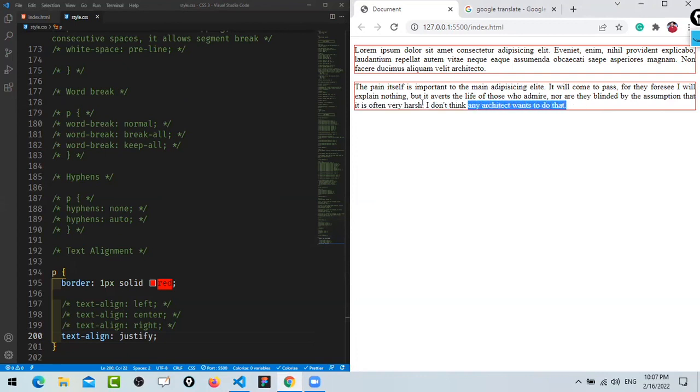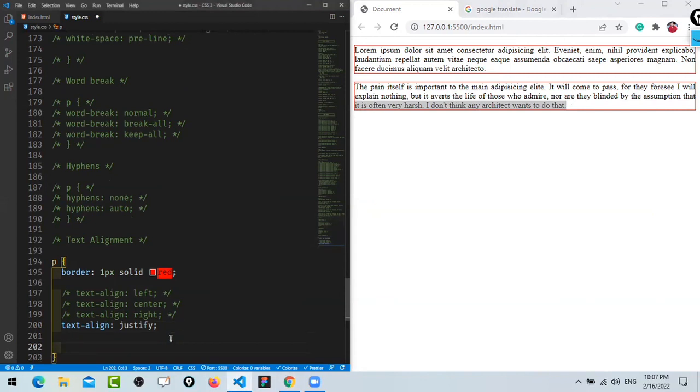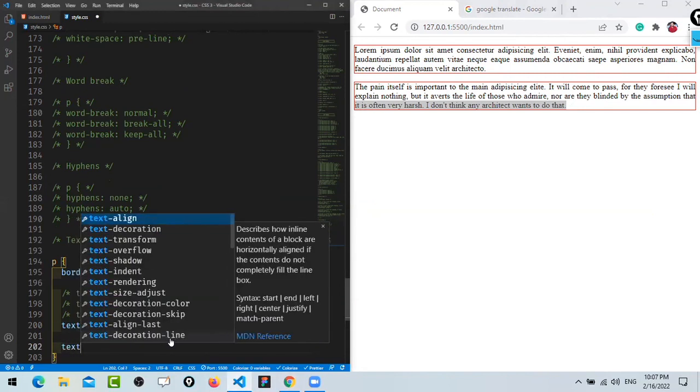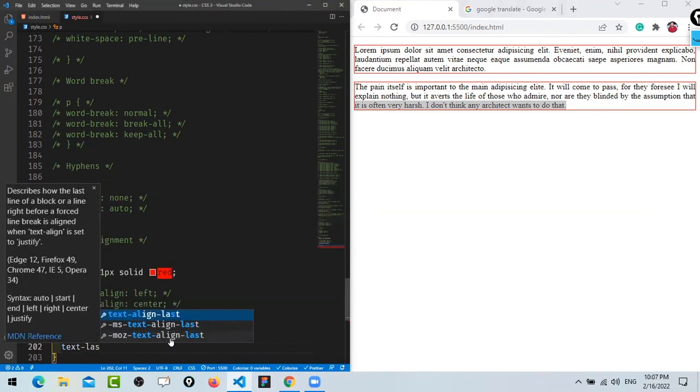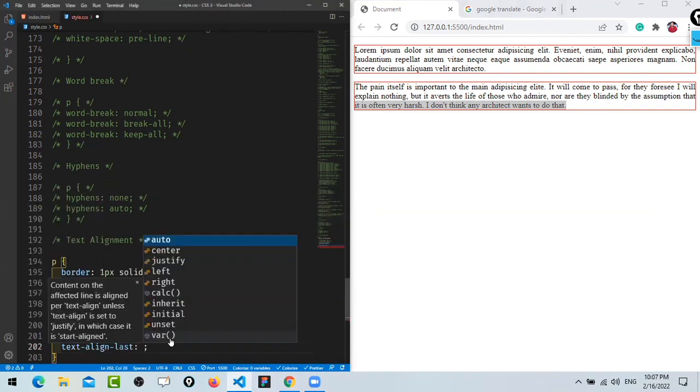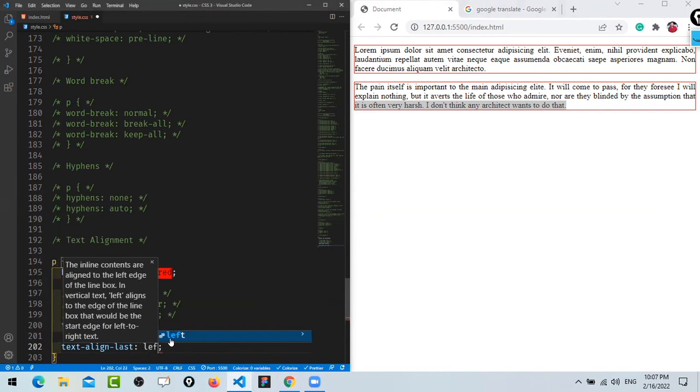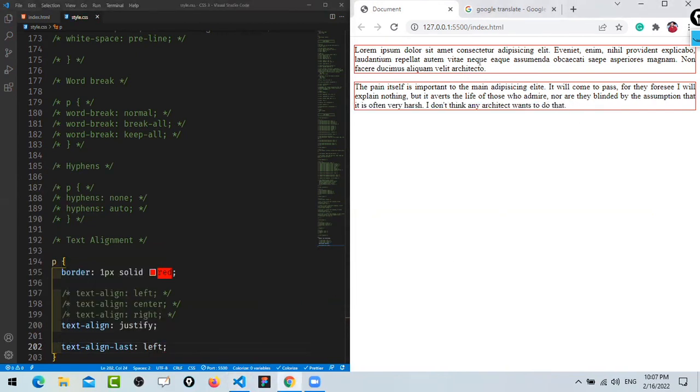So if you want to stretch this word till here, the end of this paragraph, then what you can do? We have another property. I'm going to use text-align: justify, and another property here, text-align-last. By default, it will be left. So the last line you can see is aligned towards the left-hand side of this paragraph. Now, if I use this one,